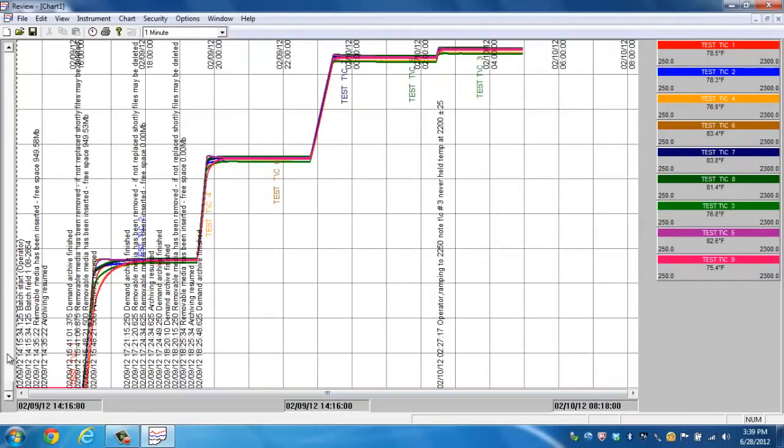So on the very far left hand side, you can see that we've got a date and a time and a message that says batch start by operator. It looks for a certain period of time. The furnace that this was monitoring was running at idle or room temperature. And then we started to ramp up to the first set point, followed by the second set point, followed by the third set point. So simply by looking for a specific batch name, now we can pull this information up,